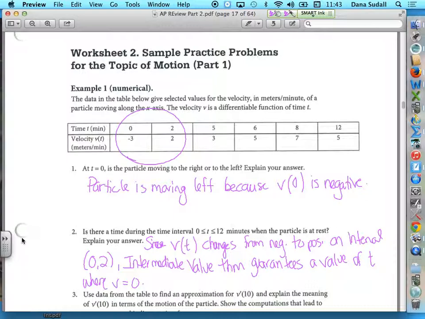So intermediate value theorem says since this function is continuous and it's differentiable on that interval from 0 to 12, that you have to have a value in there since the velocity changes from a negative to a positive. There's a place where that velocity then would have to equal 0. All right, the next part asks about